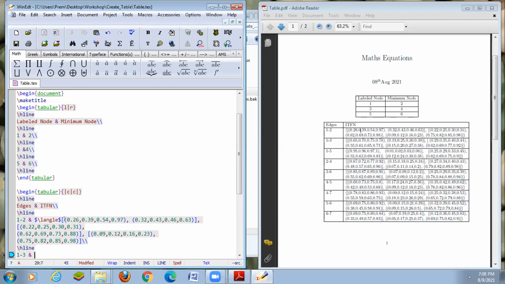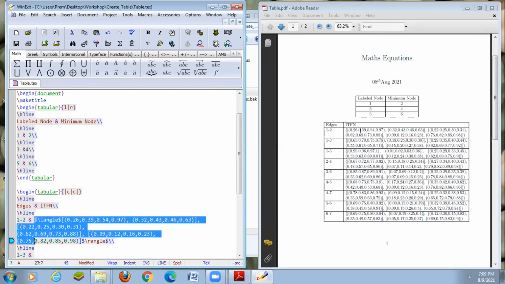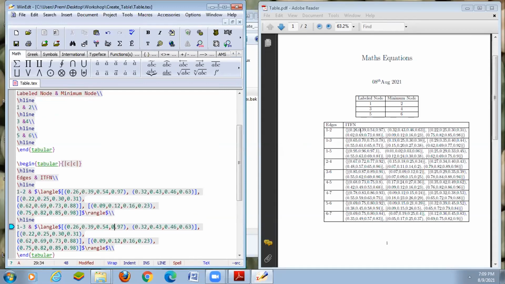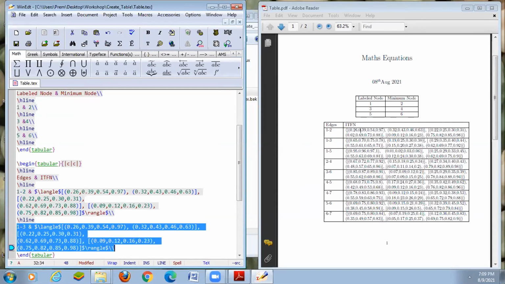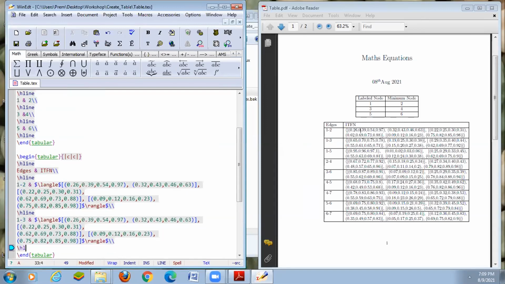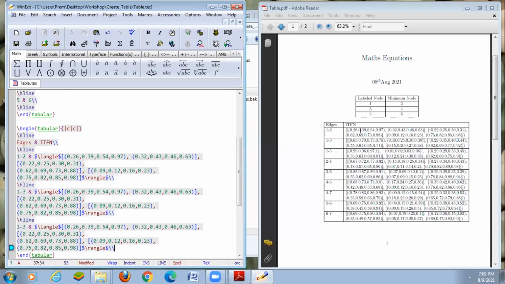I have to paste the same element. So at the end of the line, we can use the right angle. So copy that same. I have to compare that.